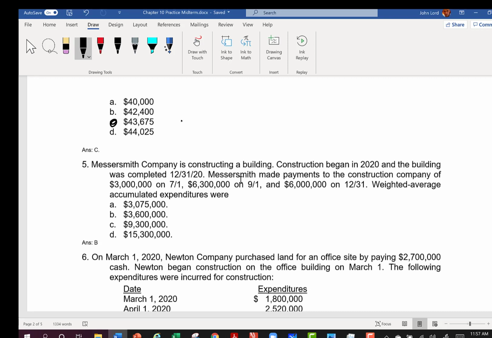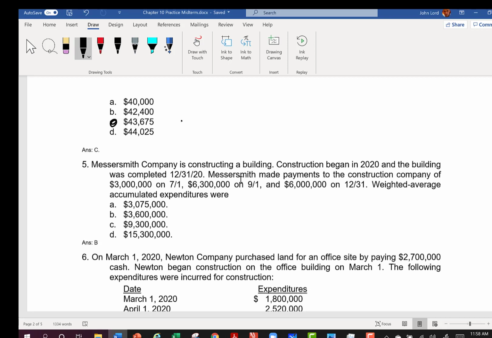And again, remember, it's either an asset that I'm constructing for my own personal use in the company or a unique item that I'm constructing, not for routinely manufactured inventory, for example, but just an item that I'm constructing, like a cruise ship for Royal Caribbean or something. Yeah, I can capitalize the interest on money that I borrowed there. And the way I figure out the amount to capitalize is I take my weighted average of accumulated expenditures, I apply an interest rate to that, and the interest rate that I'll apply will always be the interest associated with